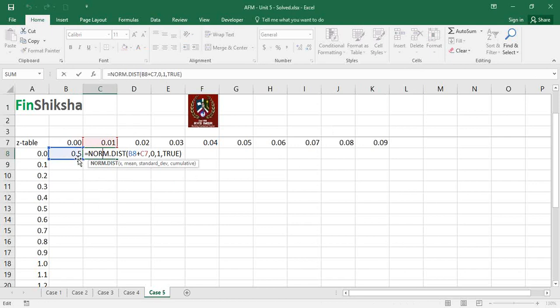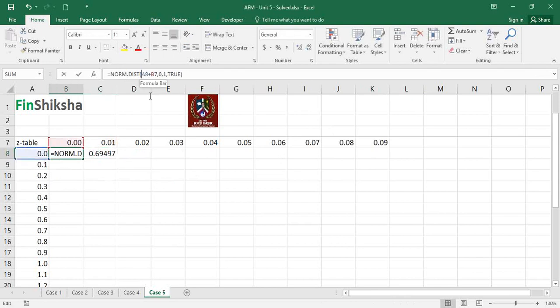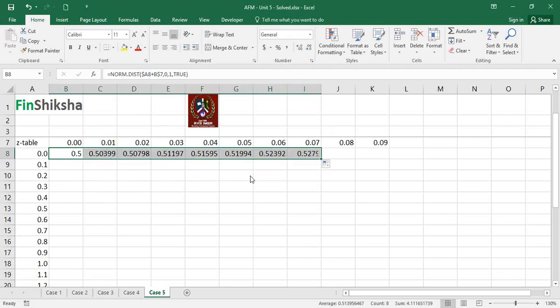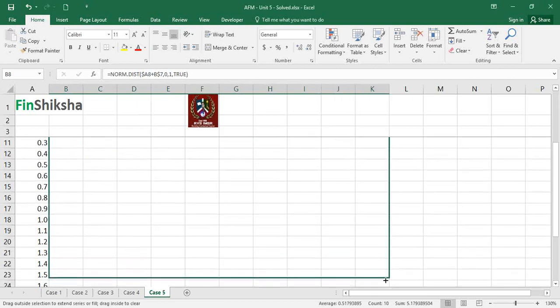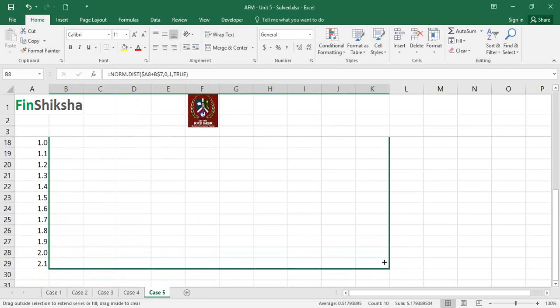I want this value to stay here. So I want A8 to remain A8, but B7 to change to C7, right? So A8, A has to be frozen, right? When I drag it on the right, A does not need to change. B7, 7 needs to be frozen. Press enter, drag it on the right side, and that's the value we get for each of the movements that we see. Drag it below, and that's the value we get for the values below that, right?